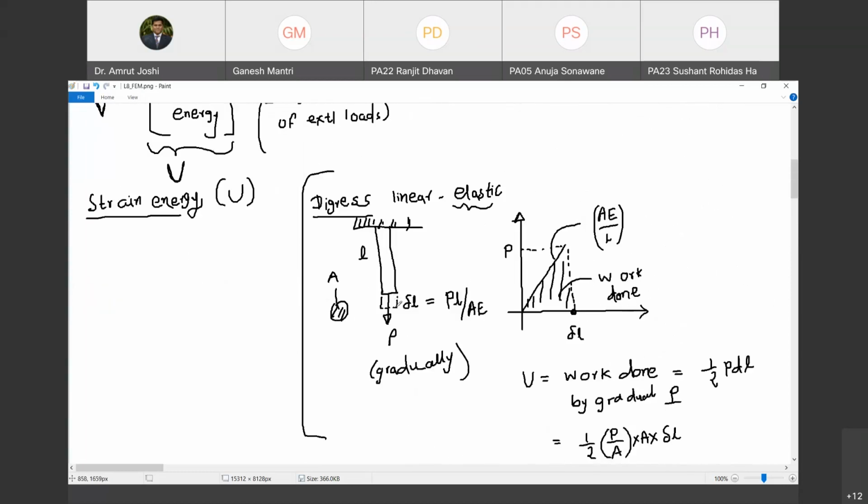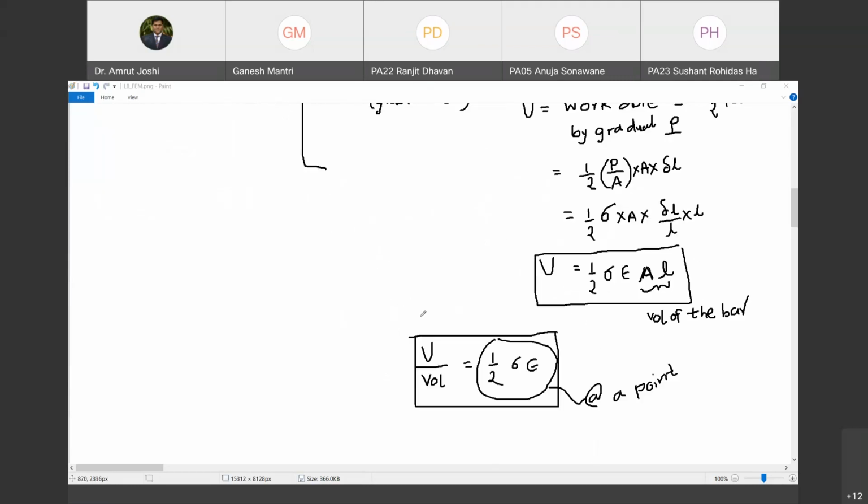Now the digression still continues. Tell me, in which direction was the stress here? If I call this direction y, if I call this direction z, and coming out of the plane of the board towards you is x, was the stress only in the z direction? Do you agree with me? Yes, sir. It was in the y direction. So it was in the y direction, and the strain considered was also in the y direction. Do you agree with me? Yes, sir.